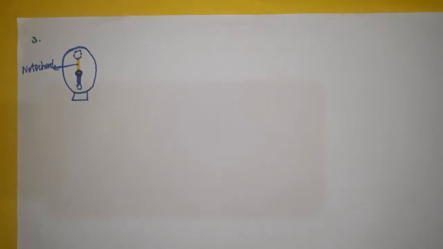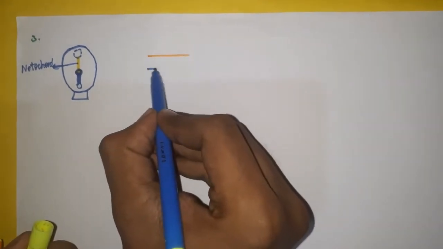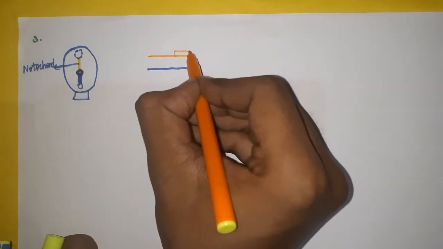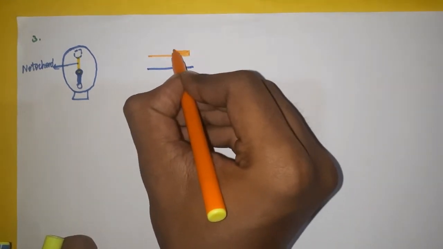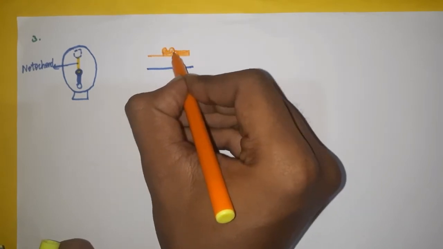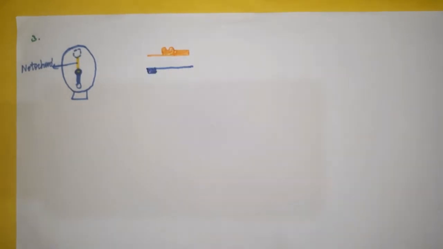In the midline is the notochord. This is the step where notochord is formed. See in the cross section, this is the ectoderm. This is the endoderm, lining of yolk sac. This is the primitive streak, primitive knot with a depression, and this is the procaudal plate.